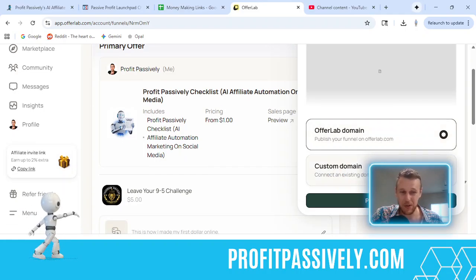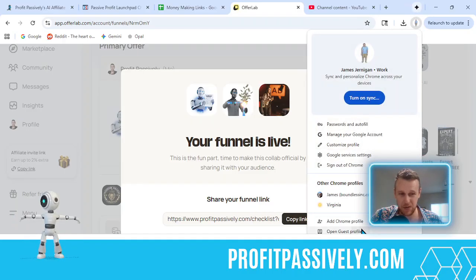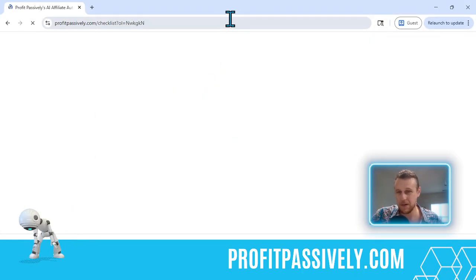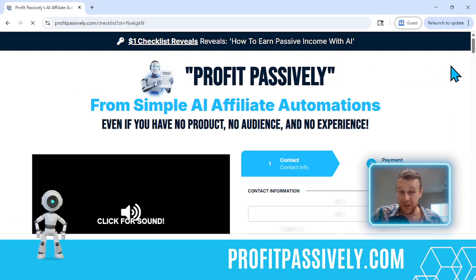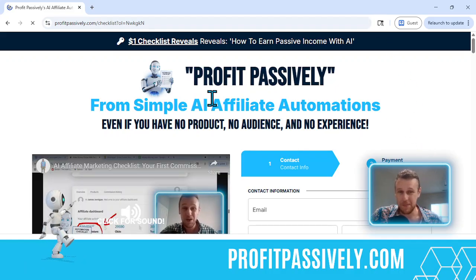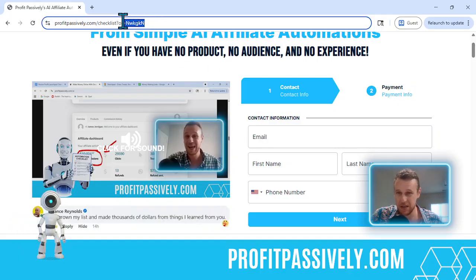And you can actually put this on a custom domain if you want to buy your own website and host this on a custom website. You could do that, or you could just publish this to an OfferLab domain. So I'll do that, and it says your funnel is now live. Copy the link. So we can just open up a guest window and check this out. And now you can see that there is a clone of my $1 checklist website, only now with this special